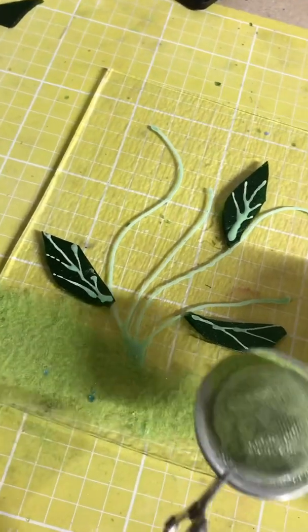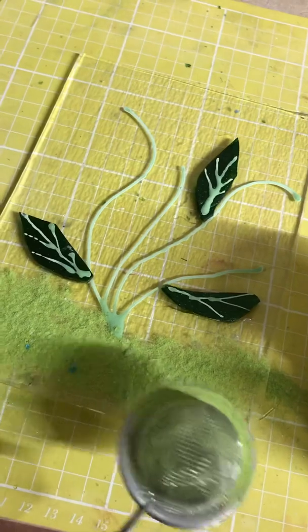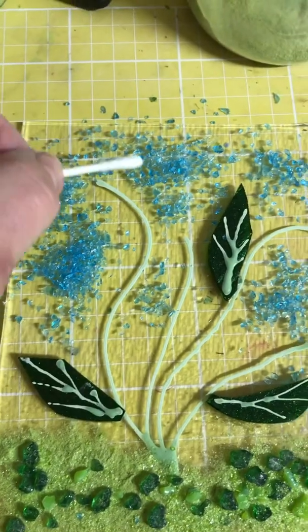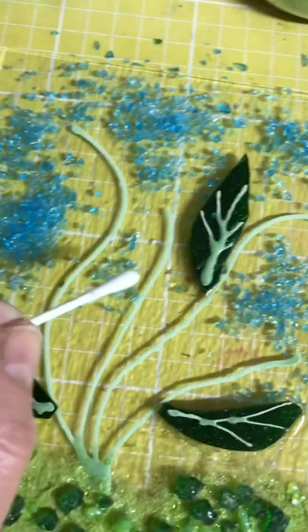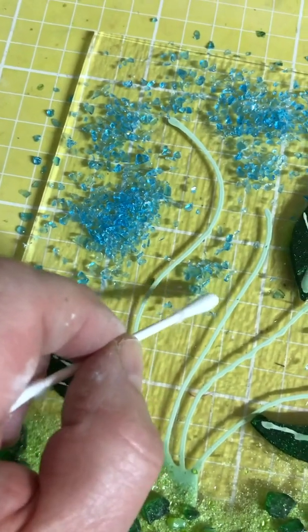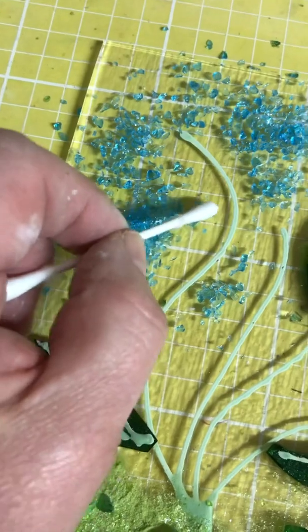And I'm probably going to add a little bit more texture as well, to create a nice colourful look. Okay, I'm a sucker for blue, particularly this kind of blue. So this is going to form the sky, but as you can see, even though I've fairly carefully dropped it in place, some of it's gone on to the stems, and we don't want that because it'll make the stems